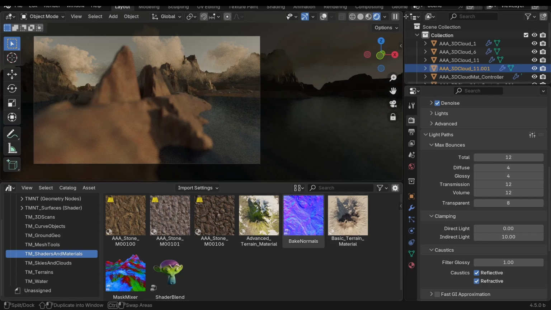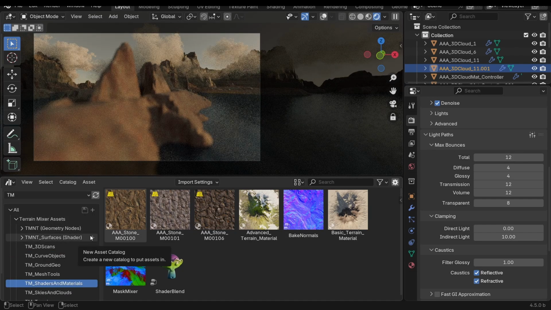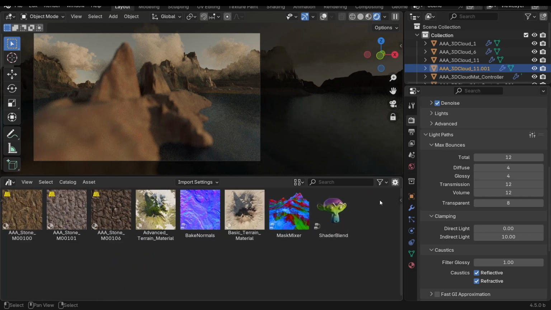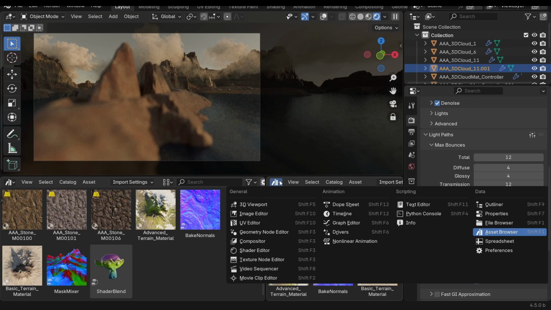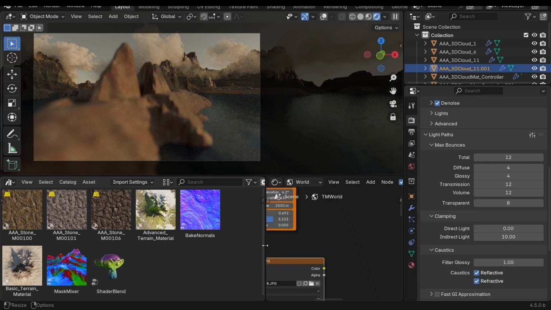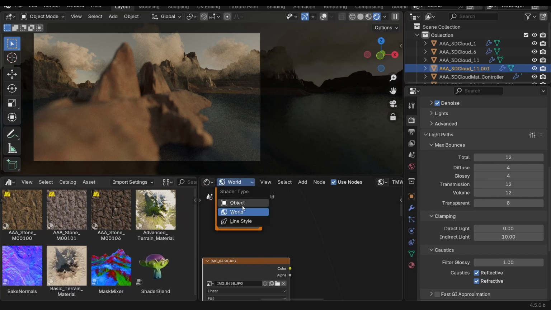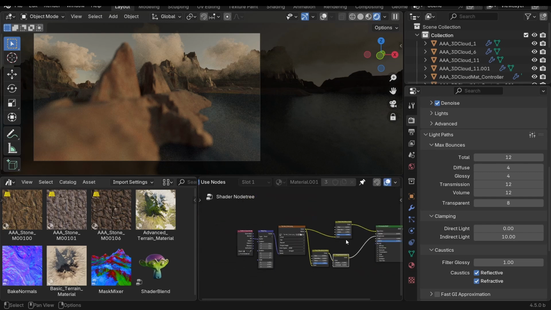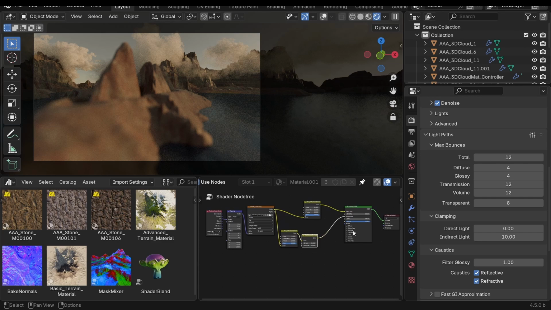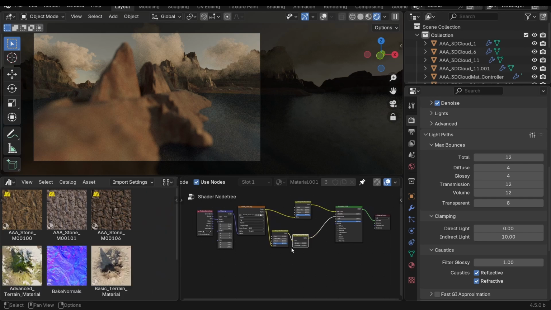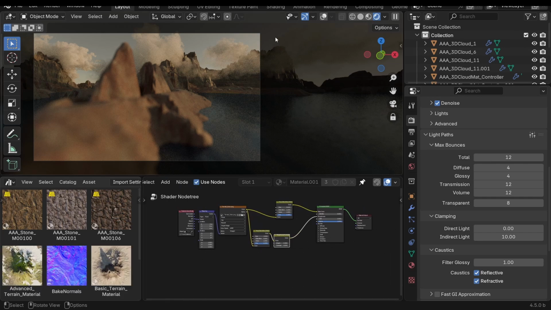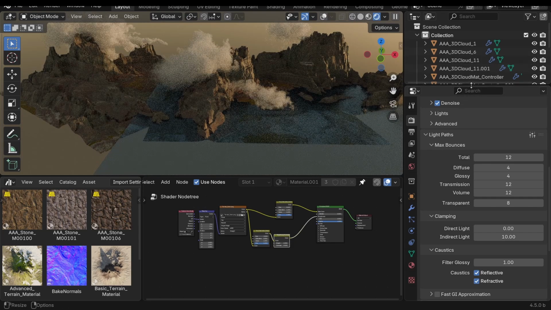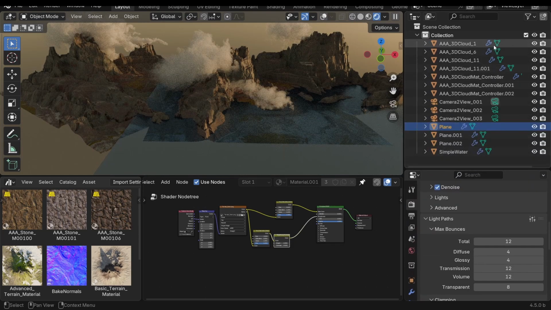Now let's go here and let me just close this by clicking the T key, and I'll drag another window here. Again, open shader editor. We can leave this material that we have for this object, and I'll also pin it. So this will work with any material setup that you might already have, or you can create a new one, doesn't matter. I'll also hide most of these objects, all the clouds,